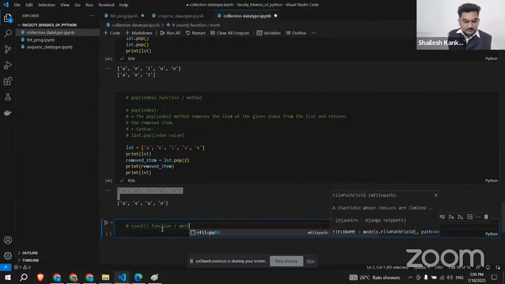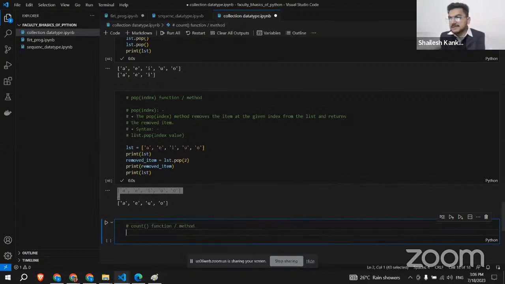Count function or method. So this count method returns the number of times the specified element appears in the list. This function is used for counting the number of occurrences of a specific element. For example,